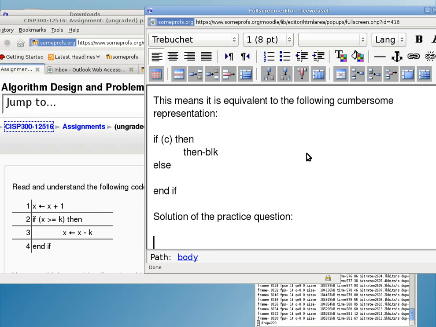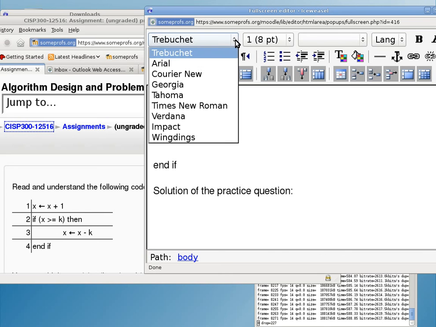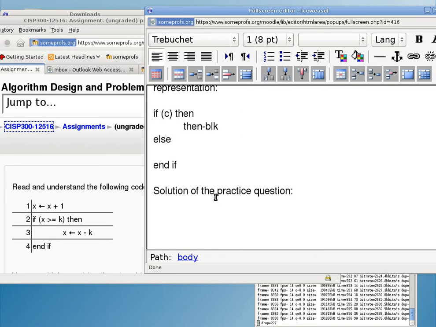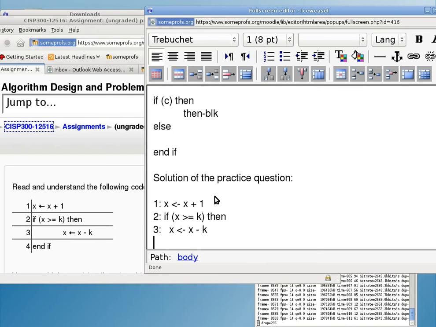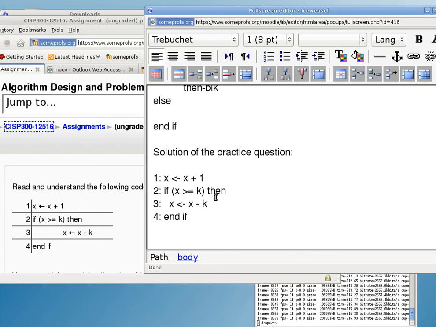Line 1. Let's see, what should be the best way to do it? Okay, this is what I'll do. I'll just repeat the question here. Line 1: x gets x plus 1. Line 2: if x is greater than or equal to k, then line 3: x gets x minus k. Line 4 is end if. Now, so in this case,